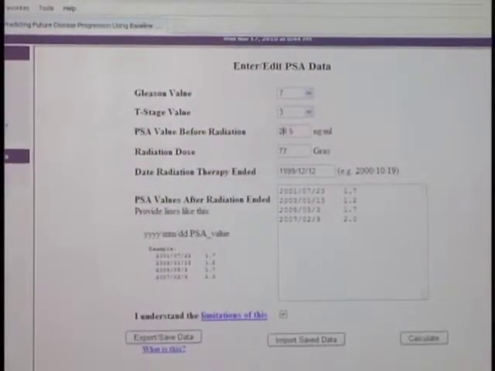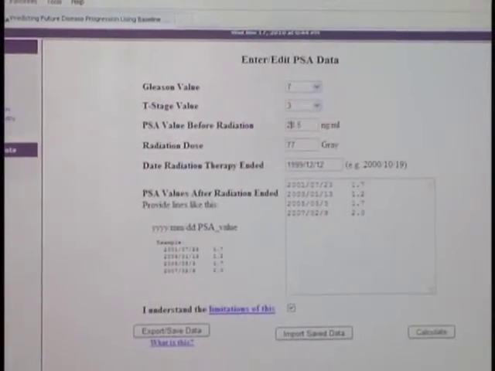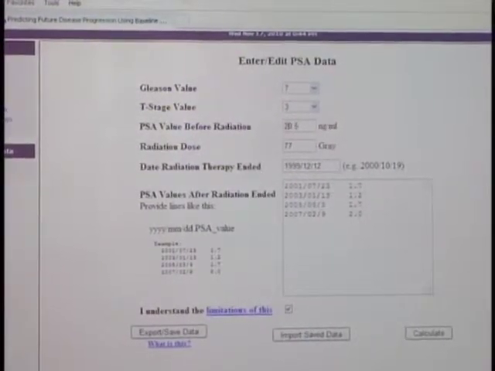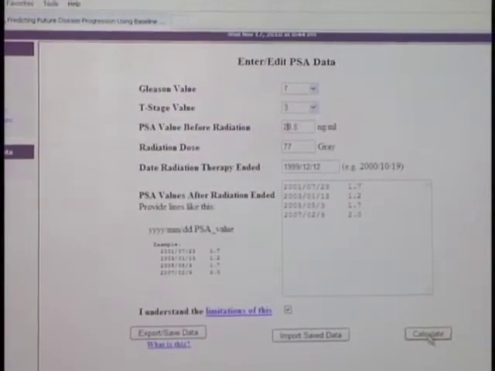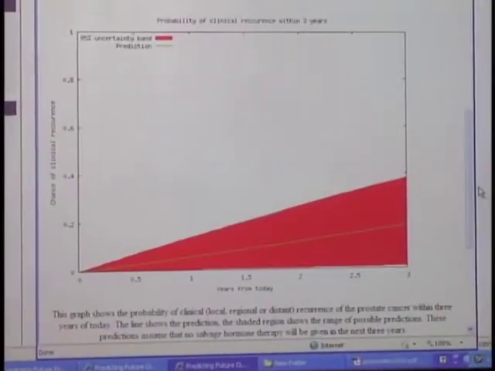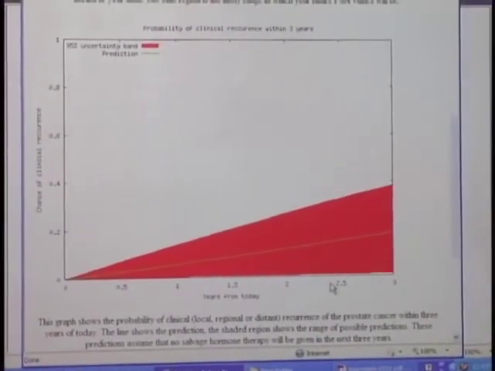So there's 8.5 was the original PSA. So I made that 28.5. So that person looked worse coming in. What do you think? Do you think the risk's going to look higher or better? So you could say it might look better because they've come down a long way and stayed down. Or it might look worse because they've started off worse. In fact, it's going to look a little better. The treatment sort of seemed to work for them. So it didn't change that much, but it changes a little bit less.